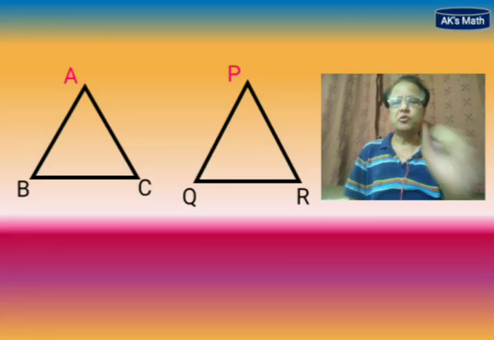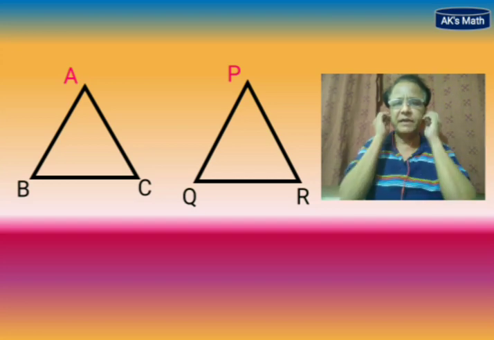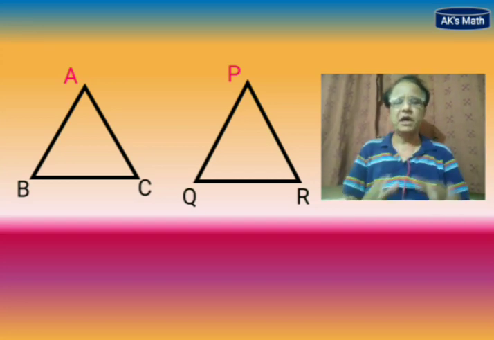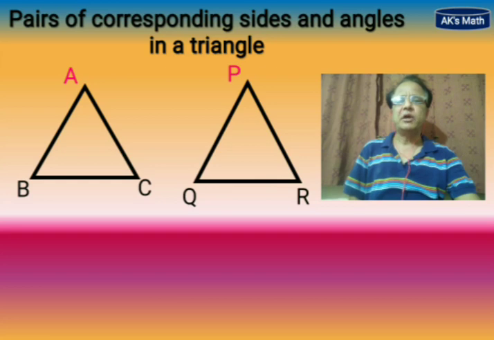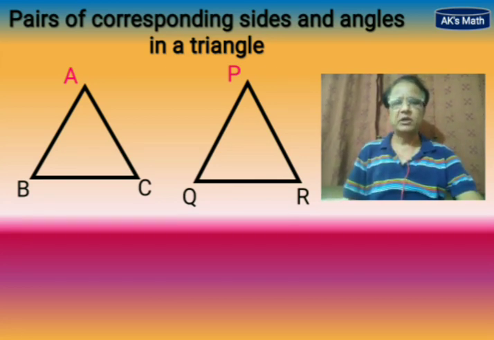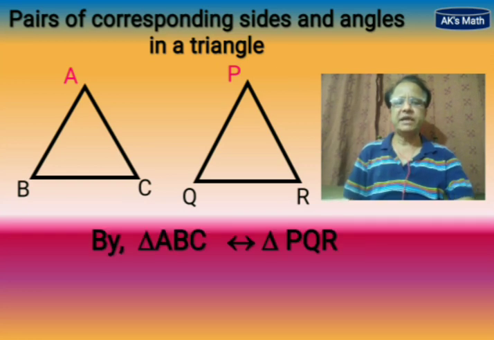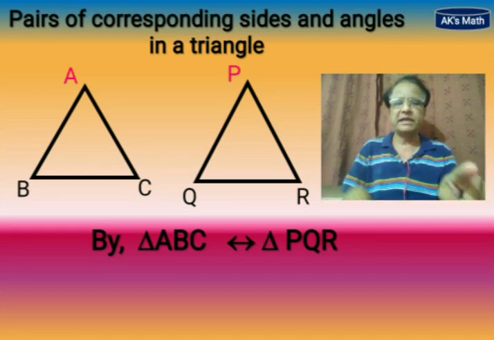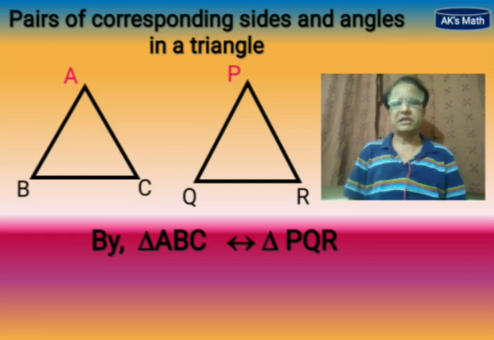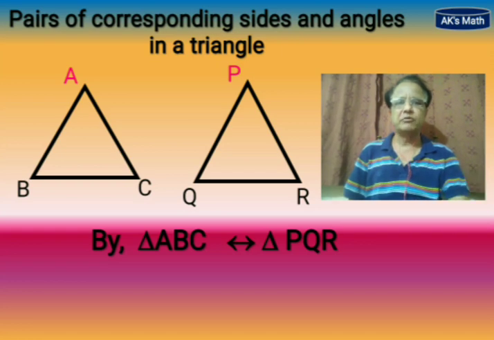What is here? Two triangles are shown, ABC and PQR. Among these two triangles, we can set up a 1-1 correspondence. At first, we have to decide the 1-1 correspondence, by which manner we have to take it between these two triangles. So look at this one. Triangle ABC 1-1 correspondence to triangle PQR. This sign in the middle, with two arrowheads, is the symbol of 1-1 correspondence. So we have to set up a relation between the two triangles at first.